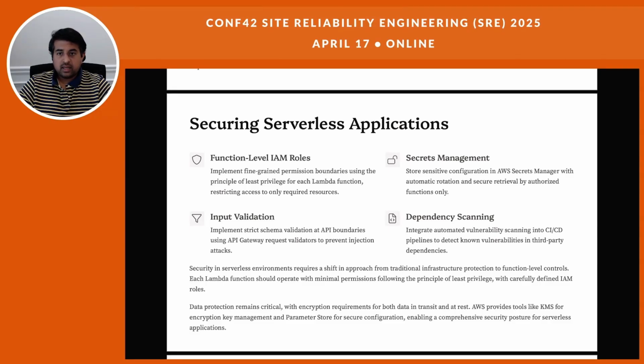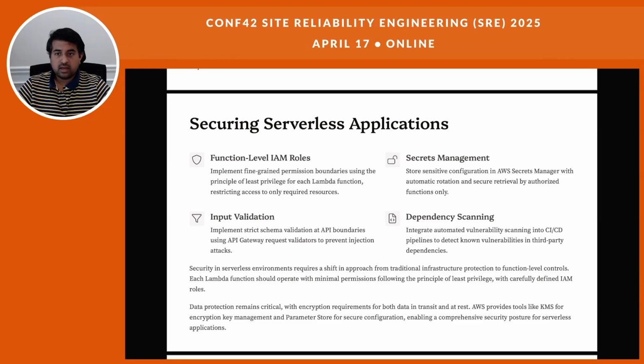Secrets management. Store sensitive configuration in AWS Secrets Manager with automatic rotation and secure retrieval by authorized functions only. Secrets Manager reduces the risk of hard-coded credentials by 60 to 70% and automates secret rotation, reducing the window of vulnerability. Implement least privilege access to Secrets Manager, which ensures that only authorized functions can retrieve